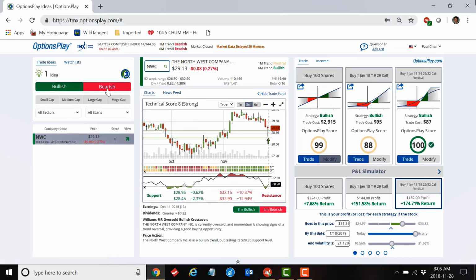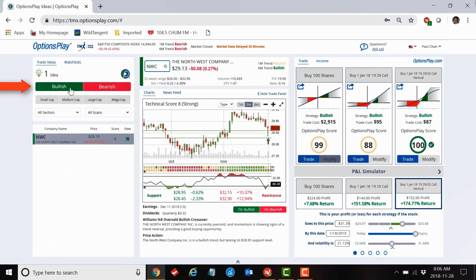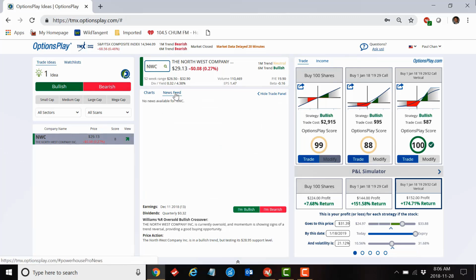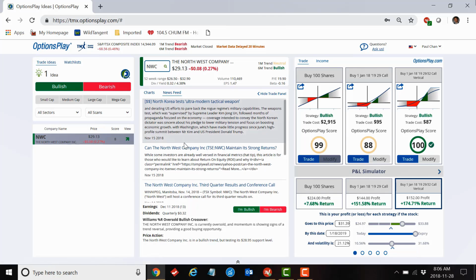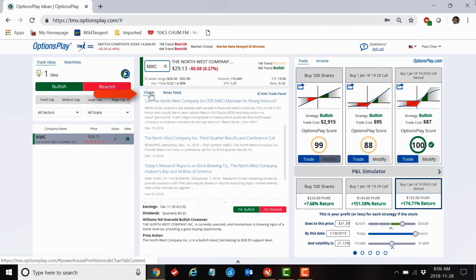So let's look at Options Play again. We have the scanners on the left with the bearish, of which we can sort into the scores, and then the bullish. Today we only have one, so we'll use this one, Northwest Company, as our example. And in news feeds you will see the updated news for this particular company, and in the charts as usual